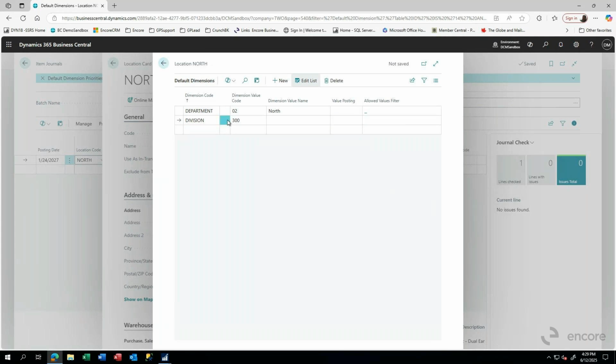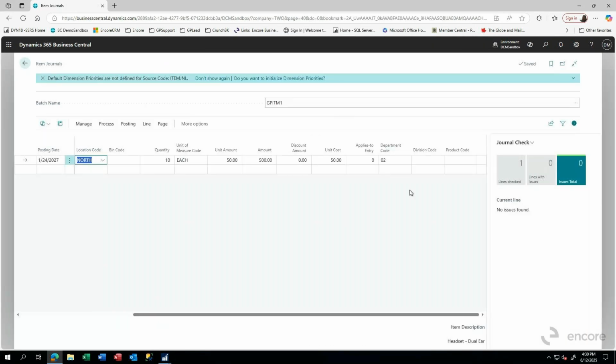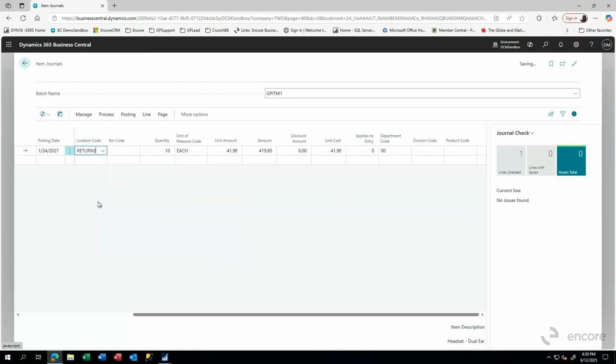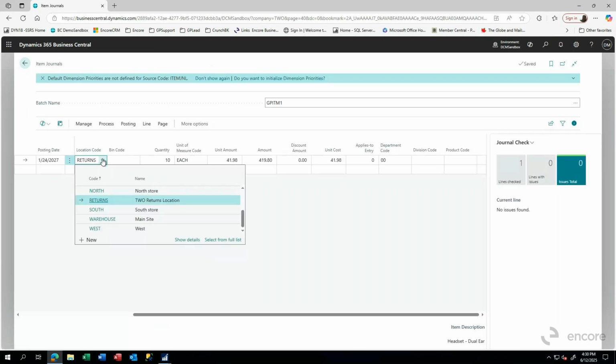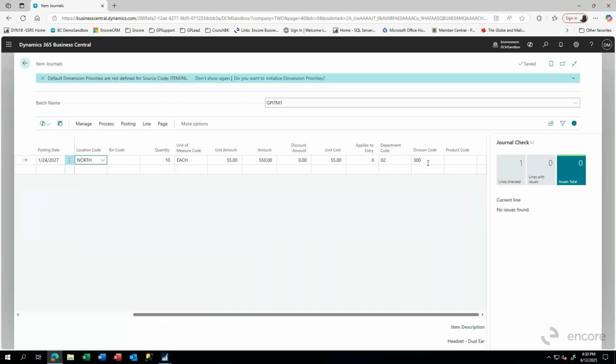I go like this, and I go up, and now everything is saved. I got off that screen, and now when I go back to my list and back to my card, the division code is right there. If I was to change this to Returns, and then change it back to North, you'll see that the 300 is automatically populated inside here. So that will then drive it